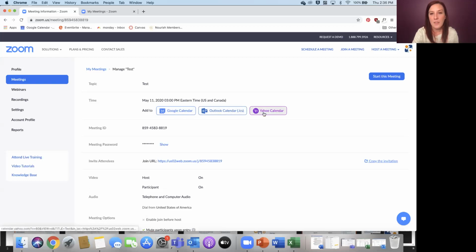You can click any of these icons and it will download a file for you. Easy on Microsoft to Microsoft, it's easy. Yeah. Mac makes things simple, but also pretty complicated.